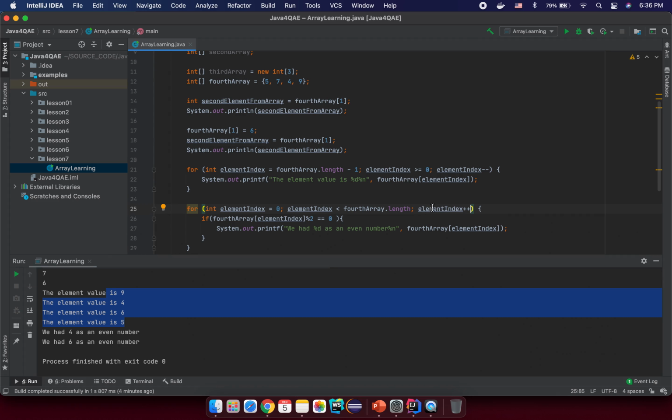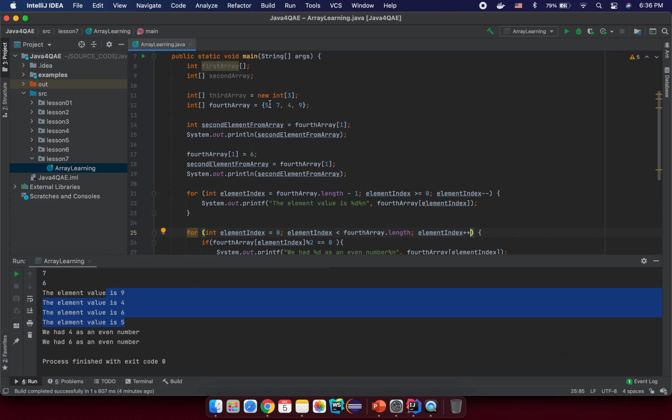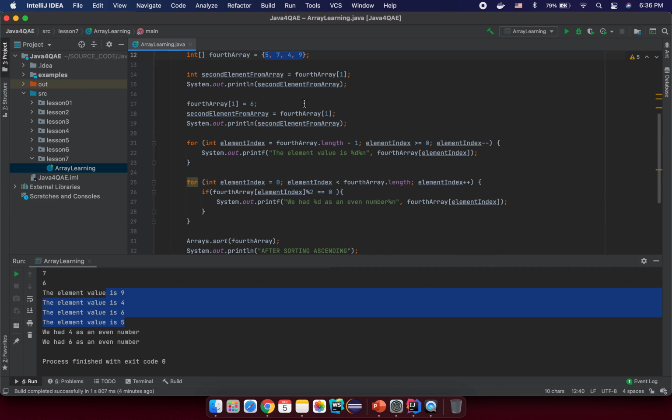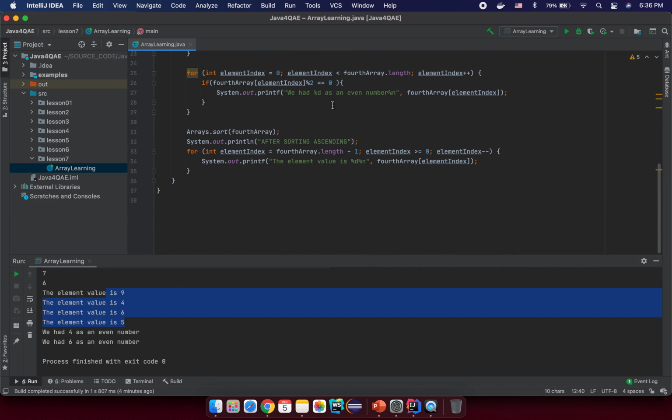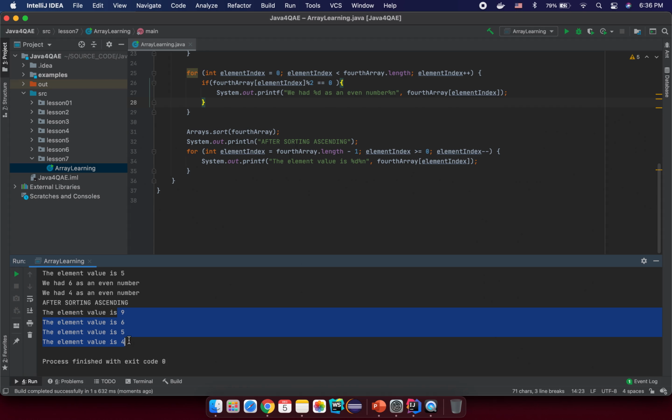Okay, increasing the element index means I want to go from the beginning to the end here. Okay, try to run again. So you will see now after sort, let's see, the element index here from,